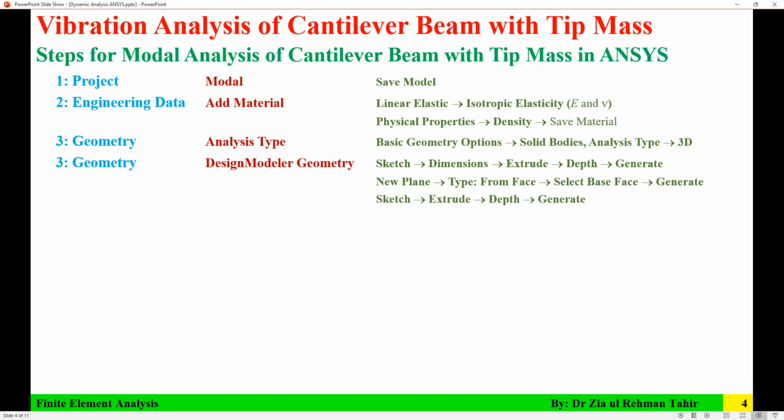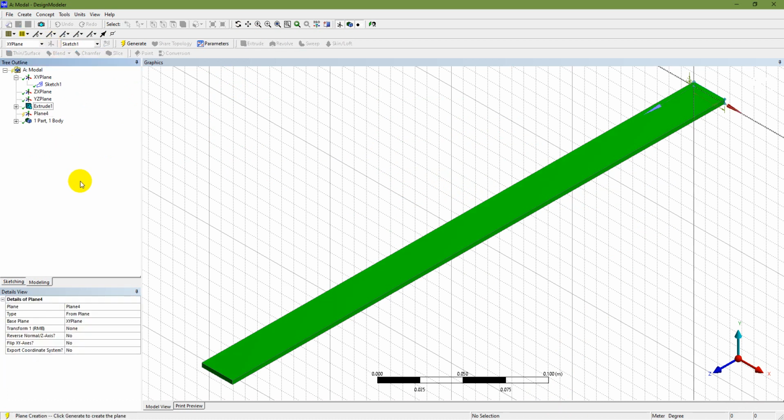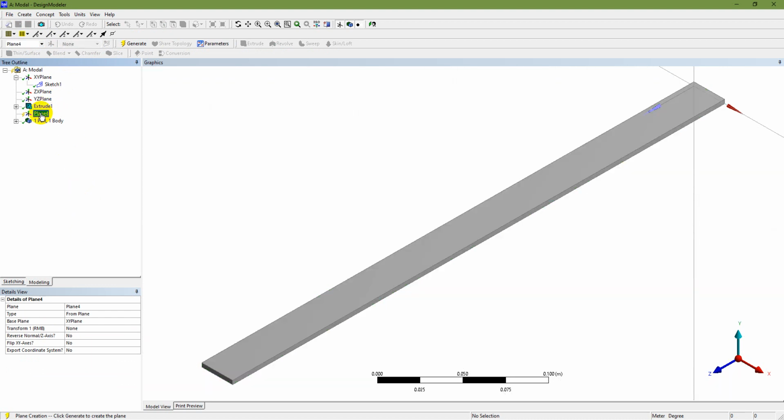Okay, so now the sketch is being generated. Now we need to create a new plane with type from face, then select the base face and then generate. For this one, you have the option here of a new plane. Click on new plane